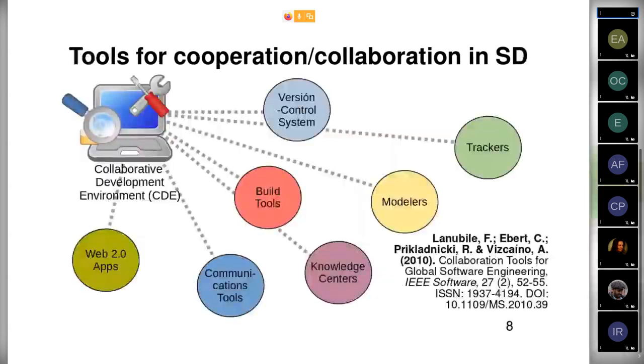Then we can go directly now to the tools for cooperation and collaboration in software development, and I wanted to share a very good scientific paper. It doesn't matter that this paper is 11 years old. It's not the problem, because the classification it made in this paper is really good